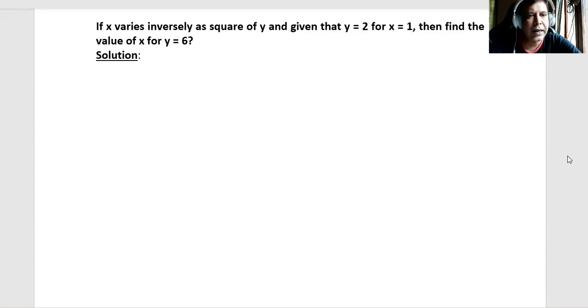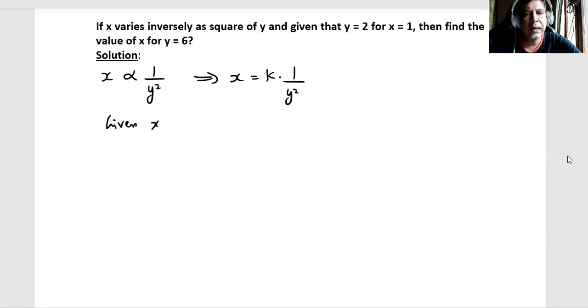That means we can write it as x varies inversely as square of y. So 1 by y square, which means we can write x is equal to some constant k times 1 by y square. Now given if x is equal to 1,